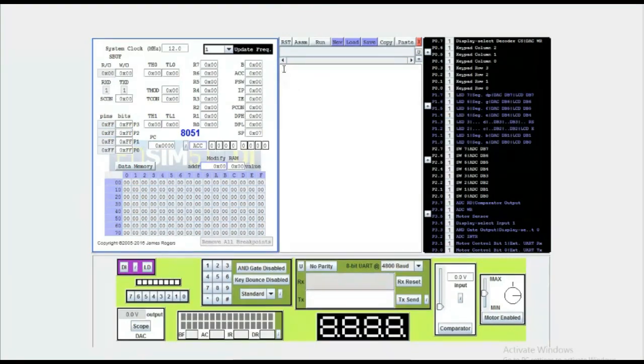Sir, we can write our program. Yes, write the program here. User interaction can be directly done with this simulator only in this white space. If you just go and decompress this,